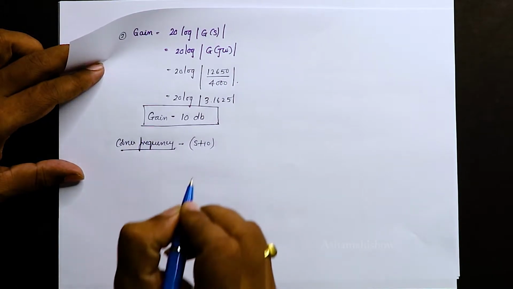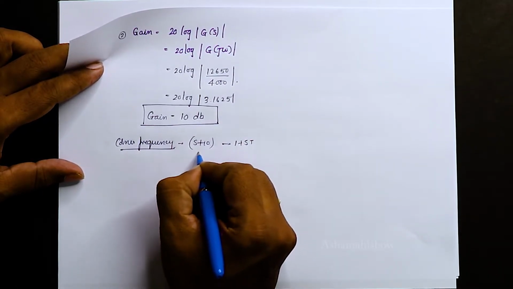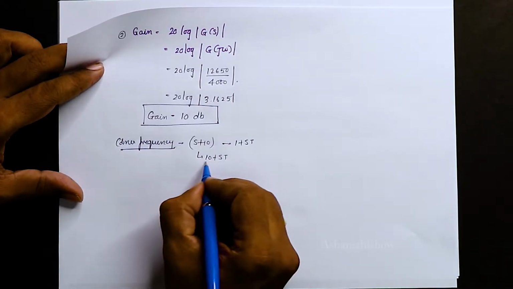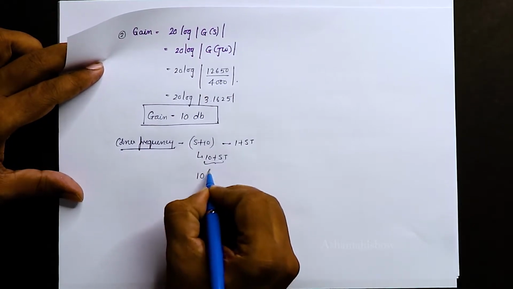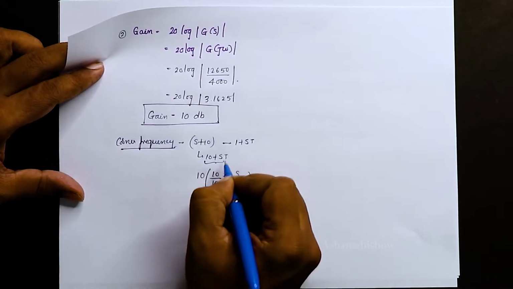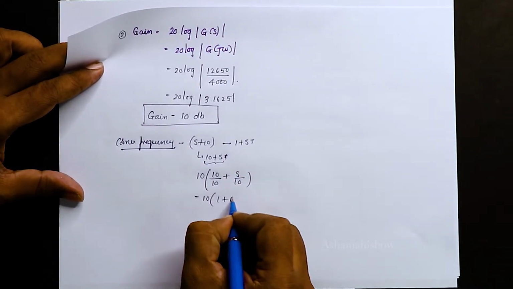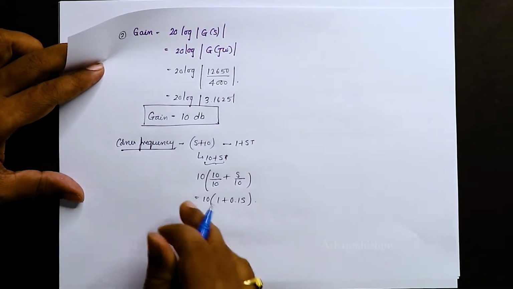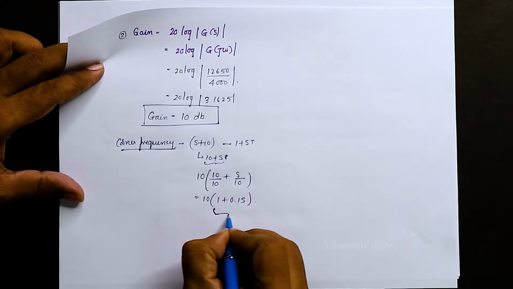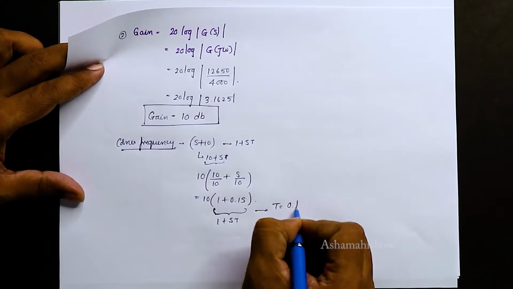For the s plus 10 term, we need to write the formula 1 plus st. So if we arrange it, this becomes 10 plus s. To make it this way, we need to take out 10, so divide by 10. S plus 10 is 10 into 1 plus 0.1 s. So this is what we have taken, we have multiplied there. So you consider this term in the format of 1 plus st, where your t is 0.1.